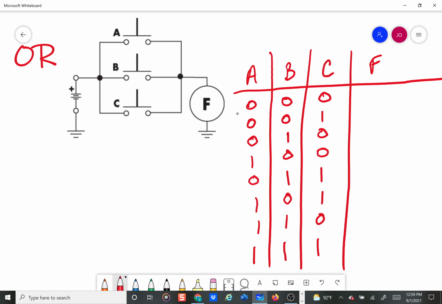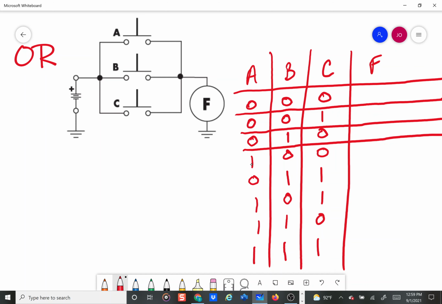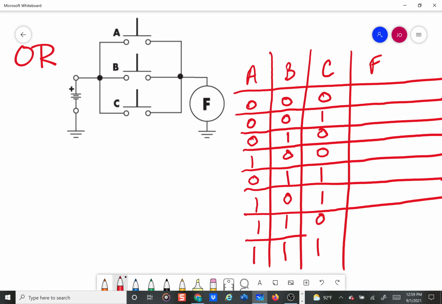So again, using electrical logic, we can kind of see that anytime I push any one of these push buttons, because they're in parallel, I will have a high output. So really all I need to do is identify where I have a 1 in any of my columns,